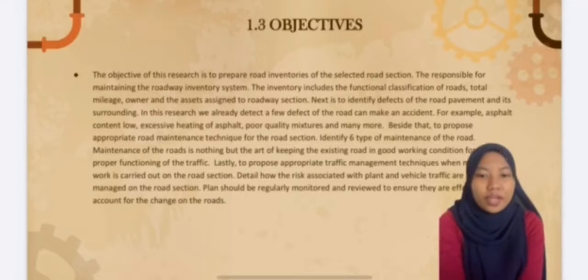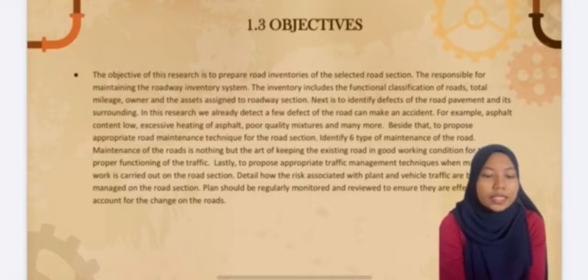Next is to define the defects of the road pavement and its surroundings. In this research, we already detected a few defects of the road that can cause an accident, for example low asphalt content, excessive heating of the asphalt, poor quality measures, and many more.